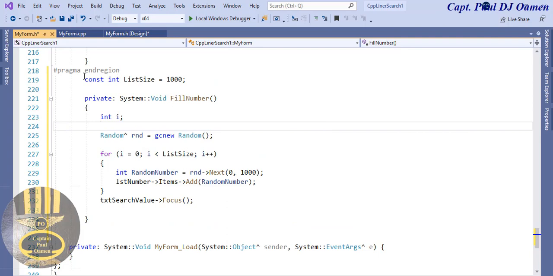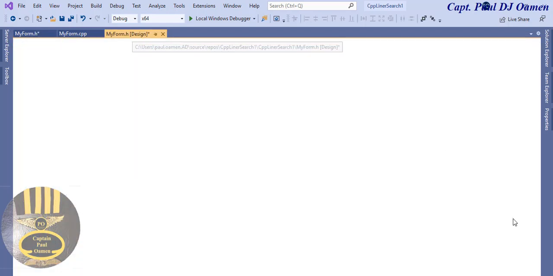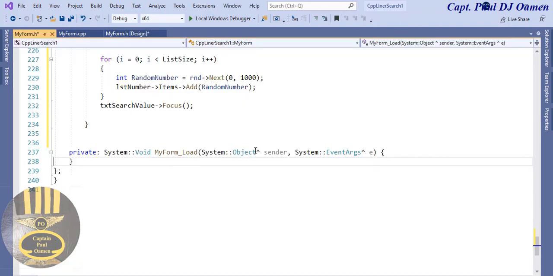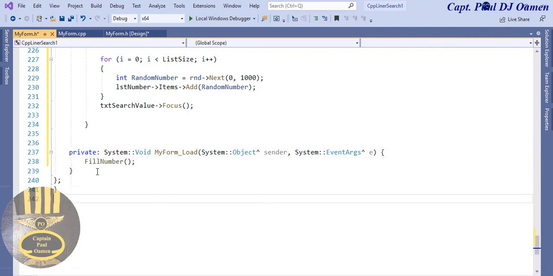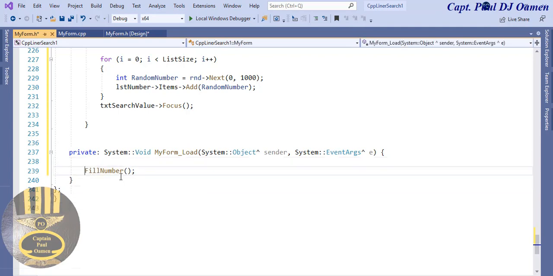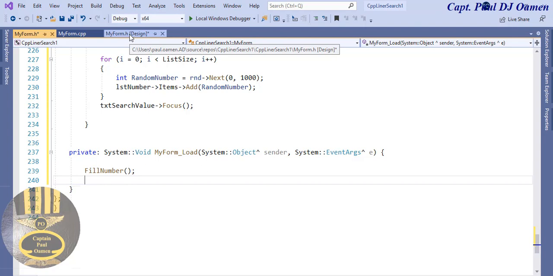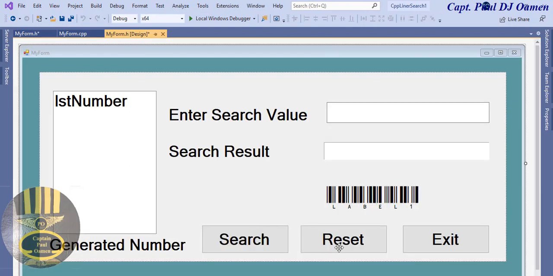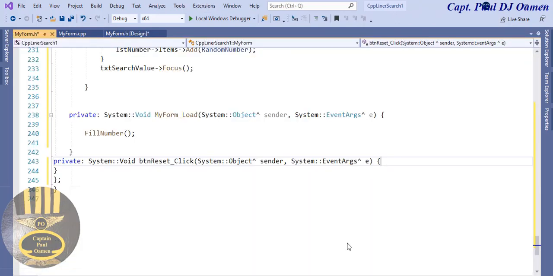Okay, so let's go to the design and double click on the form, see where we have form load, press enter and paste that in here, enter semicolon. That makes life easy writing out a function, because I'm going to be calling this function as well inside my reset button. So let's come back in there, double click on the reset button, paste